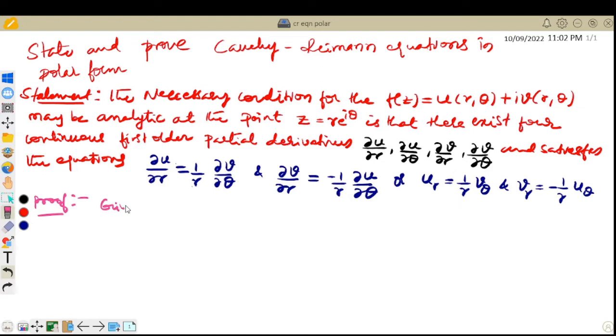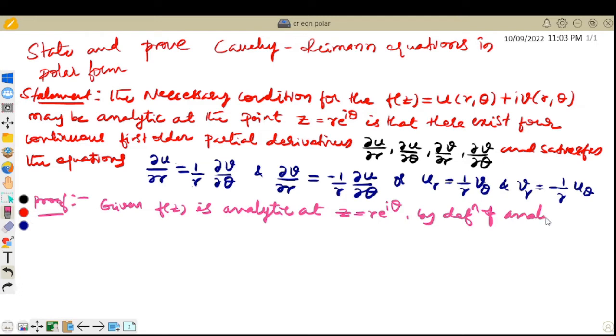Given f(z) is analytic at z = r e^(i theta), by definition of analytic function,